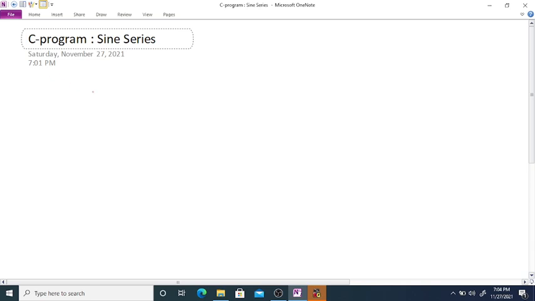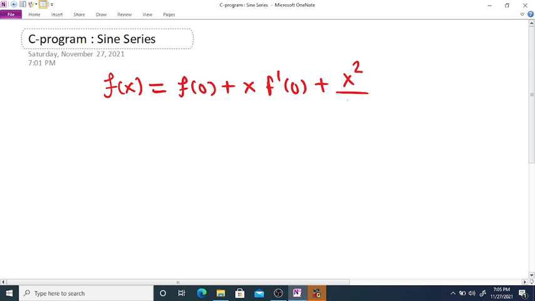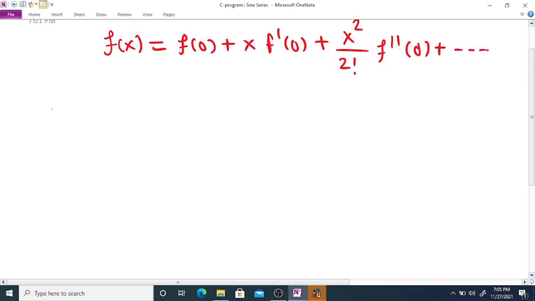Sine series using C program. We know that the Maclaurin series expansion of f of x is f of 0 plus x f dash 0 plus x square by 2 factorial f double dash 0 and so on. So here we want to determine a series expansion of f of x is equal to sine x, and the